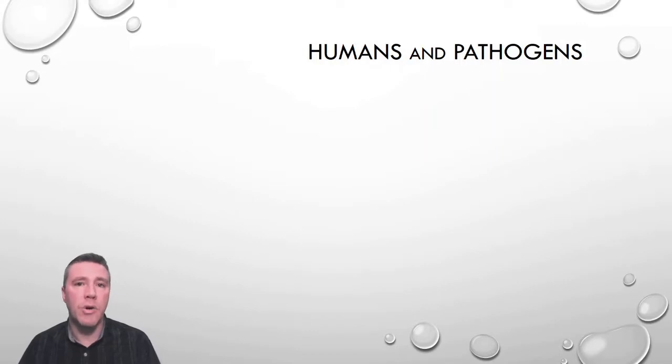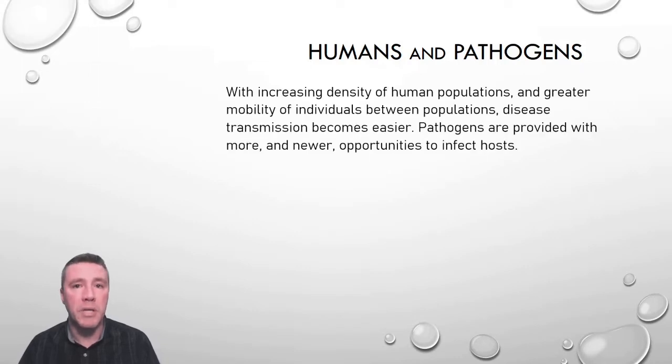Two primary factors are responsible for the increase in the spread of infectious diseases. The first is the increasing density of human populations, and the second is the ease with which people can travel between populations. The more close contacts individuals have with one another increases the probability of the transmission of an infectious agent between them. The more travel people engage in, the more likely an infectious agent is to be introduced to new populations. This provides pathogens with a greater number of new hosts to infect.